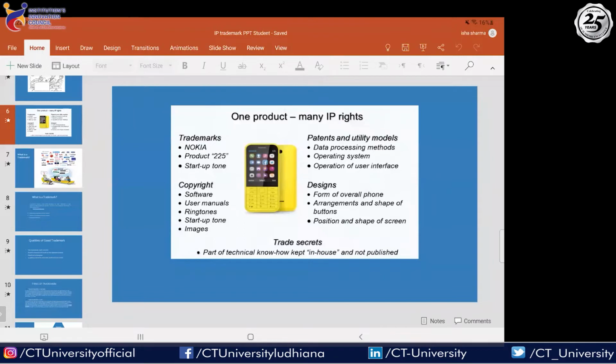So all these well-known brands, if you look around yourself, you are actually pretty much from head to toe surrounded by the brands. So if I talk about clothing industry, there will be certain brands. If I talk about watches, if I talk about laptops, if I talk about cars, everything is under some brand. And that brand needs to be protected because people would either start replicating the brand and then the dilution will happen. You don't want to do that.